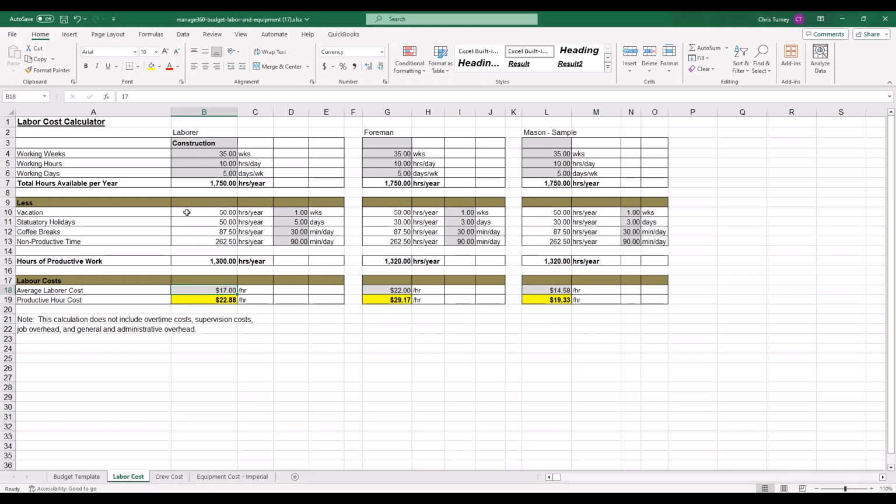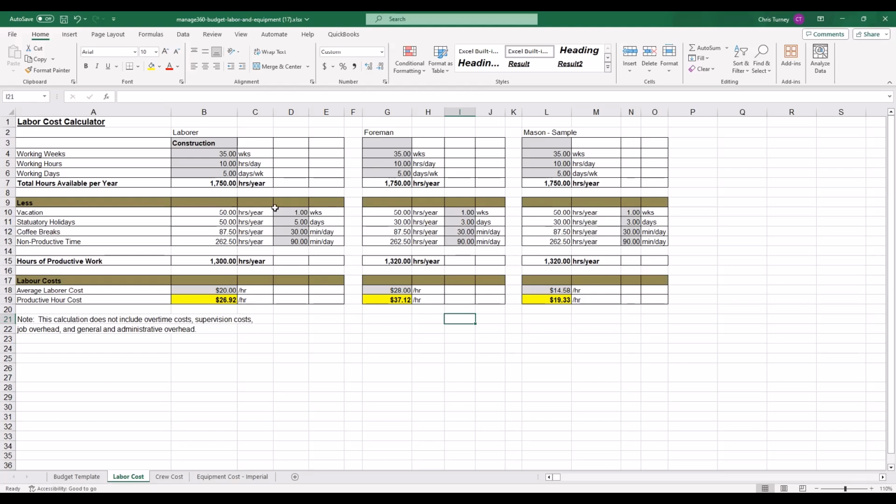So maybe a few years ago you started out, everyone started at let's say $17 per hour. You've kept the same crew around, and now let's say the average wage is probably sitting more around $20 per hour. We're going to want to go ahead, update this value here within the system, and we can now see that our loaded labor wage, or our productive hour cost, is going to be just shy of $27 for your average laborer there. Same thing goes over for the foreman. Maybe the foreman on average are not making 22, but they're making 28. We'll go ahead, we'll update this value, and our loaded labor wage here, or cost, is actually sitting closer to